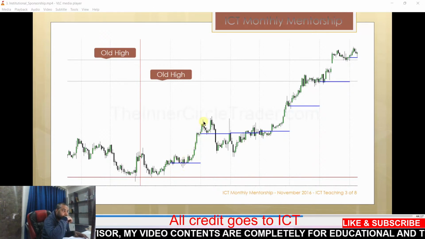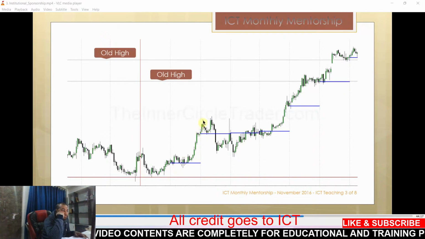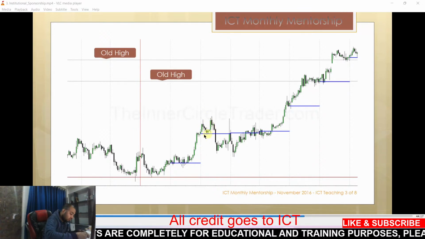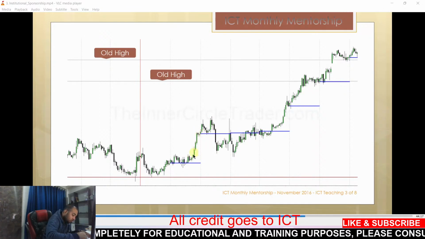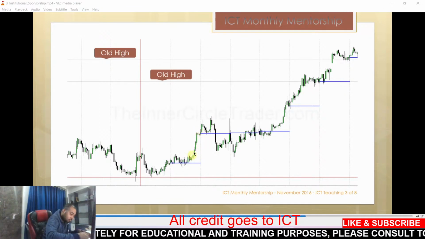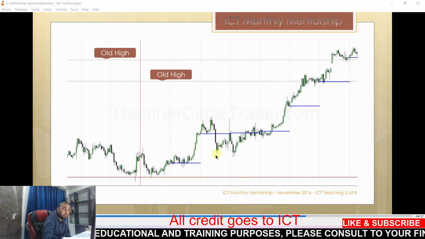Price trades higher. Okay, here's the opening price at midnight the next day. We're not concerned about the movement above it. We want to see what happens when price goes below it. Now, obviously, going below the opening price here, we have what? What's all this? This is a liquidity void. Price is going to do what? Return back down into